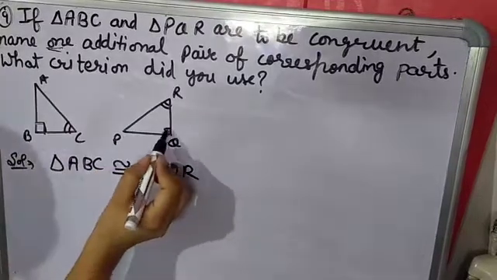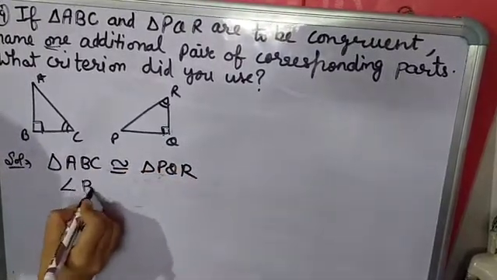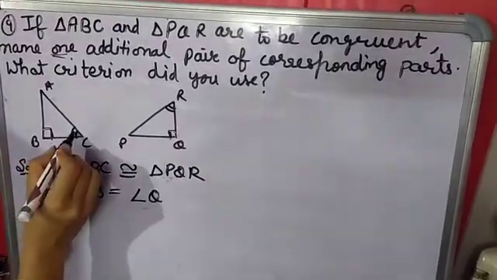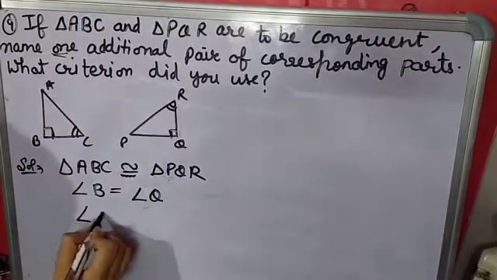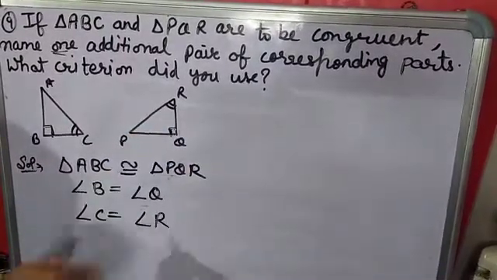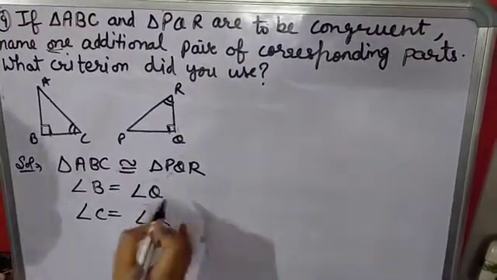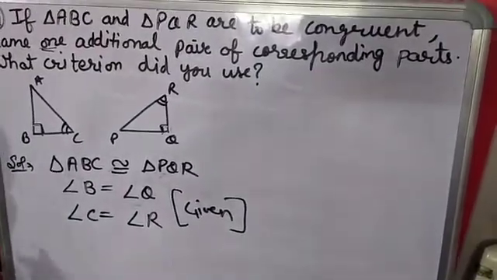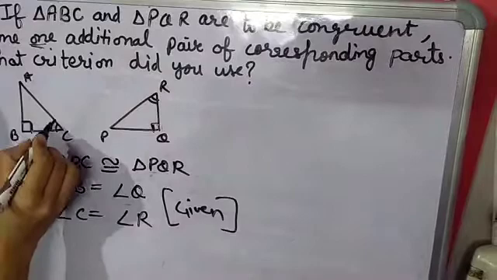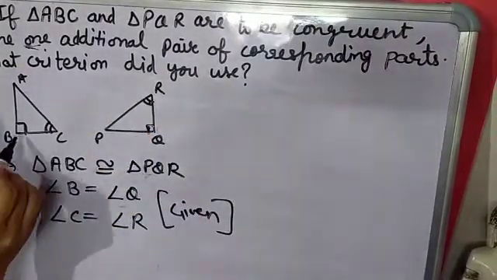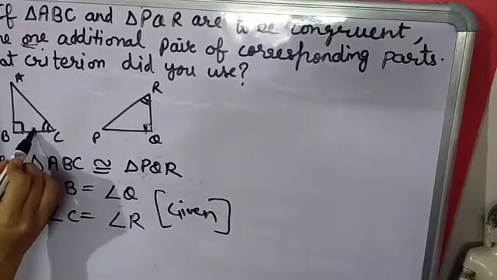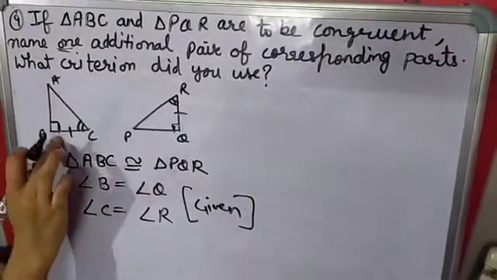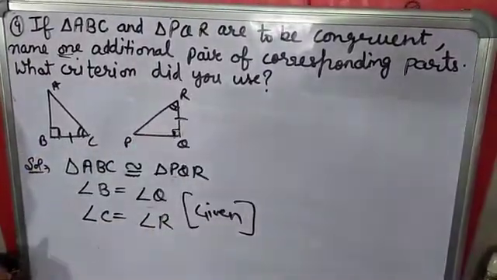Okay? Which two parts are given? Angle B is equal to angle Q, and angle C is equal to angle R. Okay? Now these two parts are given. You have to find the next third corresponding part. Now look, these two angles are equal. So between these two angles, this side will be equal because both triangles are congruent. So we will take this BC is equal to QR,